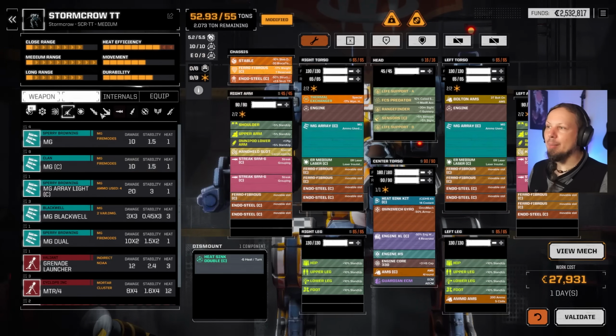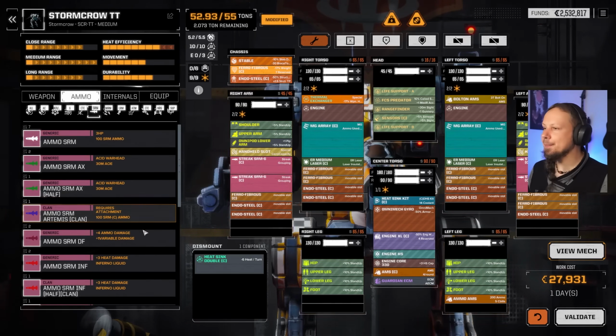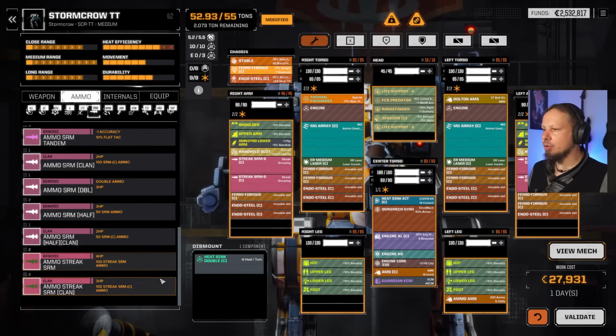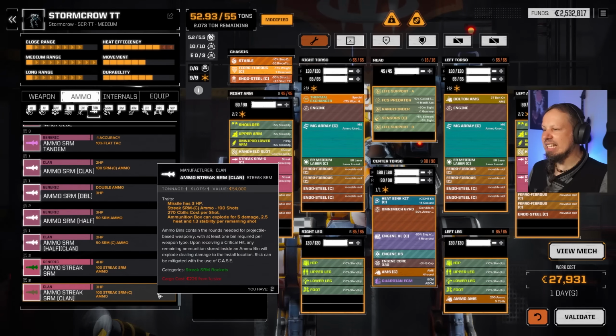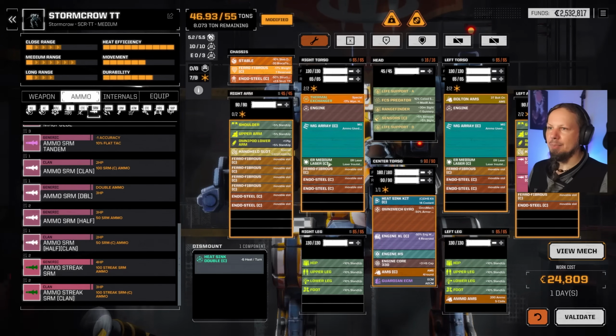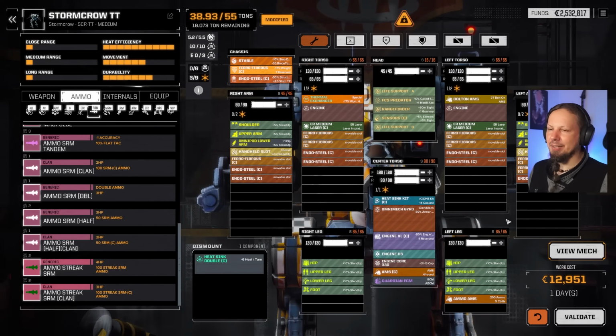I know we have no streak ammo yet, but let's talk about ammo first before we go that route. Yeah, you're right. SRM clan, streak. This is where the build falls apart. We only have 2 tons of ammo for the streaks. I'm not gonna run the mech like that. I'm sorry. Yeah, I got you hyped. I got myself hyped. So I guess it's a no. Now what we could do is...